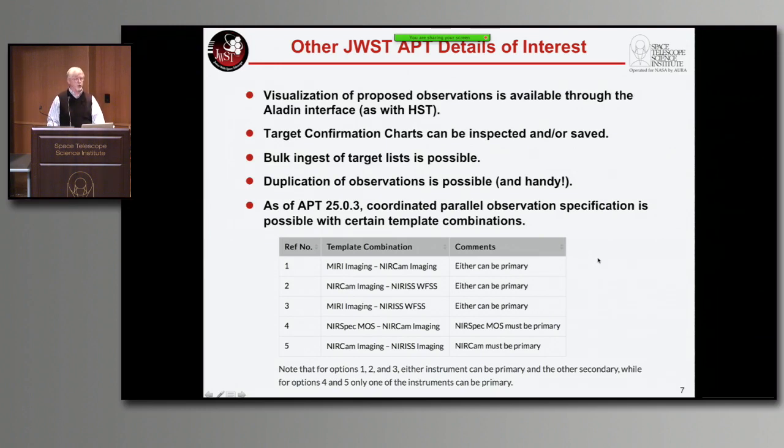The idea with coordinated parallels, at least initially until we get our feet wet, is to focus on coordinated parallels that are really integral to the science that you're proposing. Okay, that's the key word. It doesn't appear anywhere in APT, but if you look at the policy documents, they're really looking for coordinated parallels